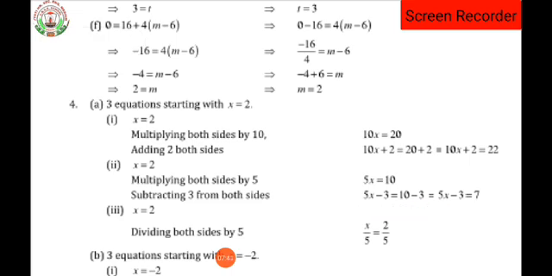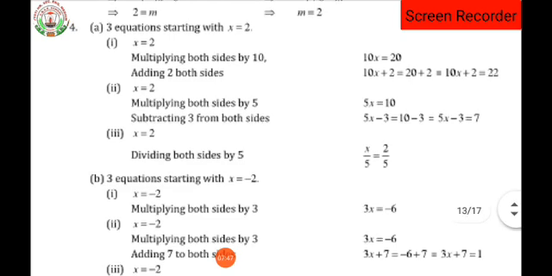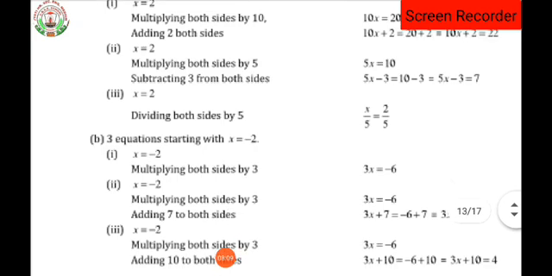So in the same way, with the help of x is equals to 2, you can create many equations with your own. मतलब x is equals to 2 पुट जो भी इक्वेशंस आप बनाओगे, whatever the equations you are going to create, जो भी इक्वेशंस आप बनाएंगे उस इक्वेशंस पे x is equals to 2 पुट करने पर, सॉल्व करने पर LHS equals to RHS आना चाहिए. ठीक है, then only that equation is satisfied.